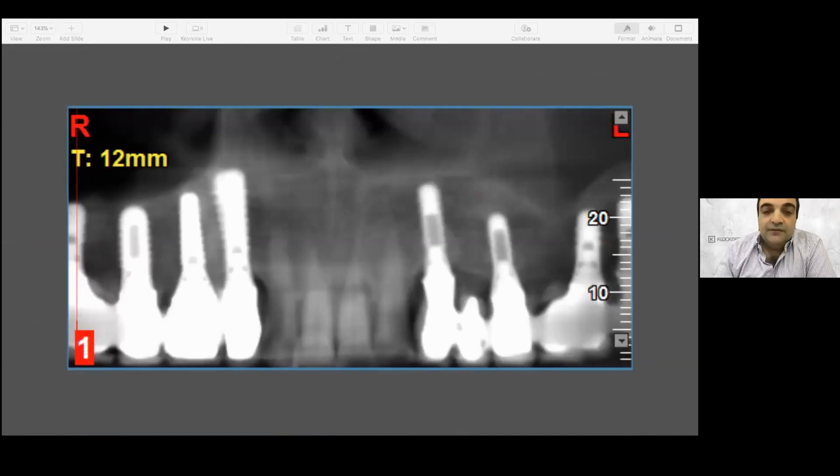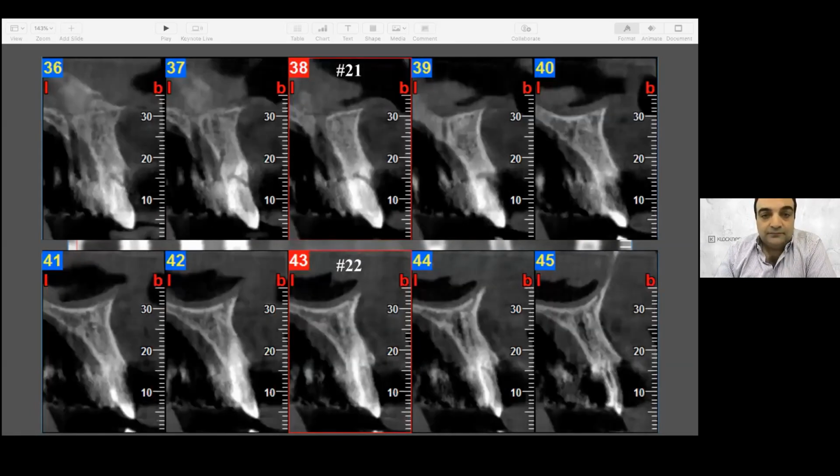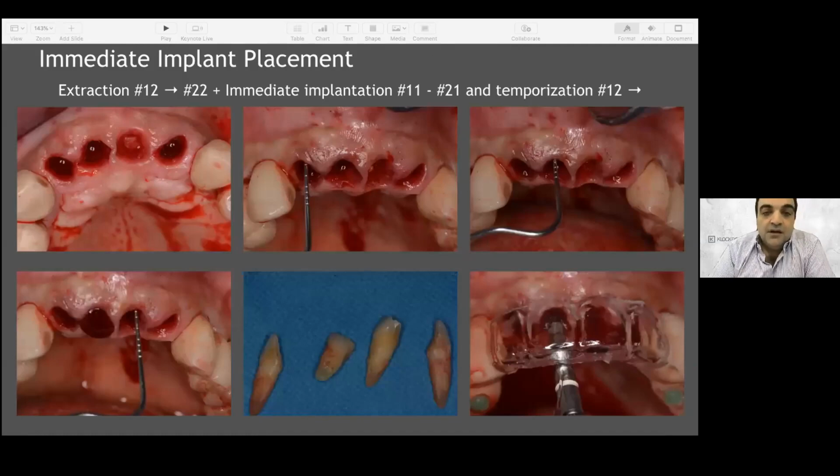Then we did the X-ray, and we decided to place implants at the level of 11 and 21. Here we have 3 to 4 millimeters from the gingival margin to the bone. We start drilling, and we placed our implant